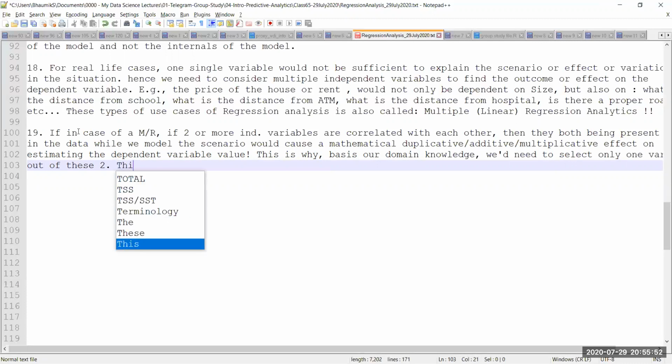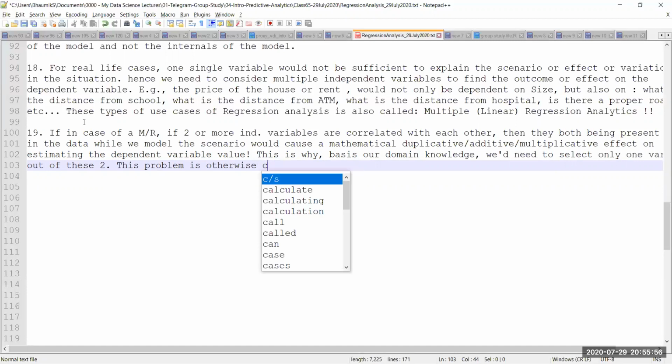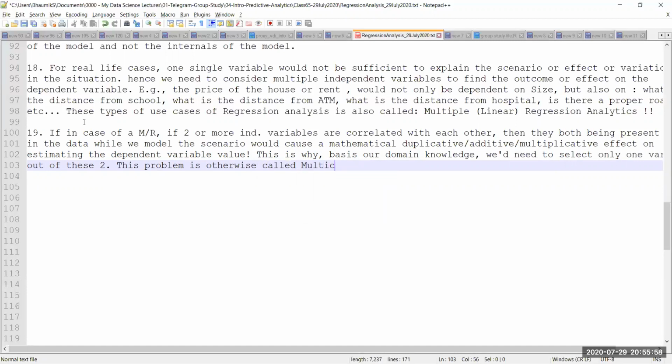So this problem is otherwise called multicollinearity. Okay, so if we have multicollinearity between IV1 and IV2 in a data set where you have, let's say, 10 independent variables, and IV1 and IV2 are highly correlated with each other,